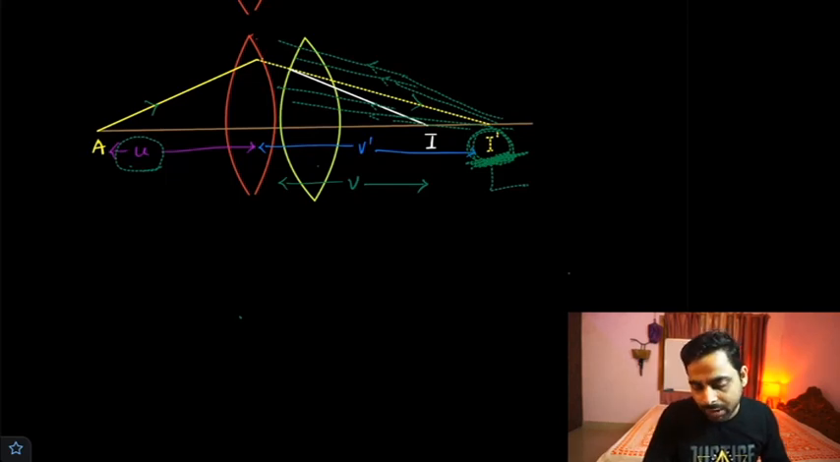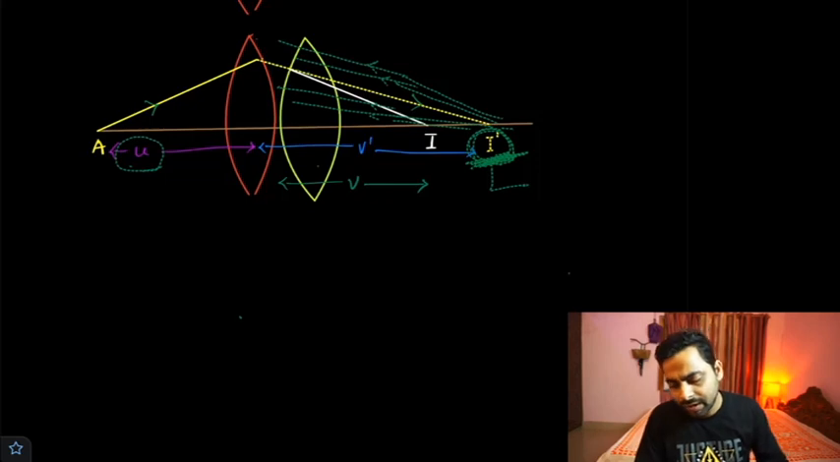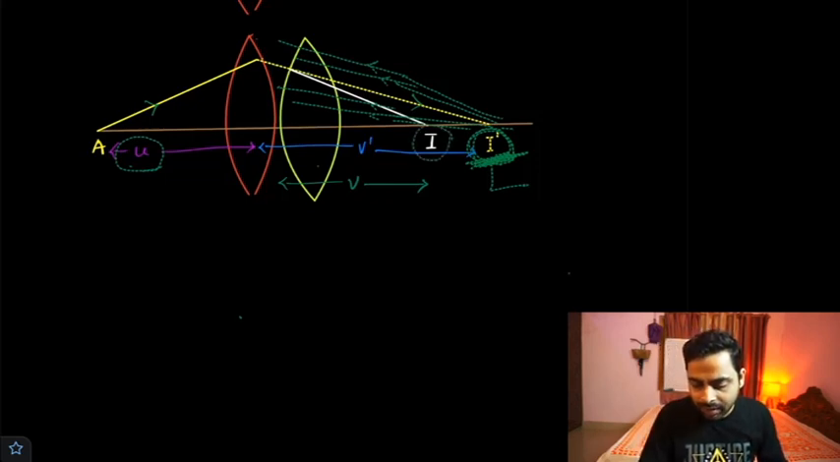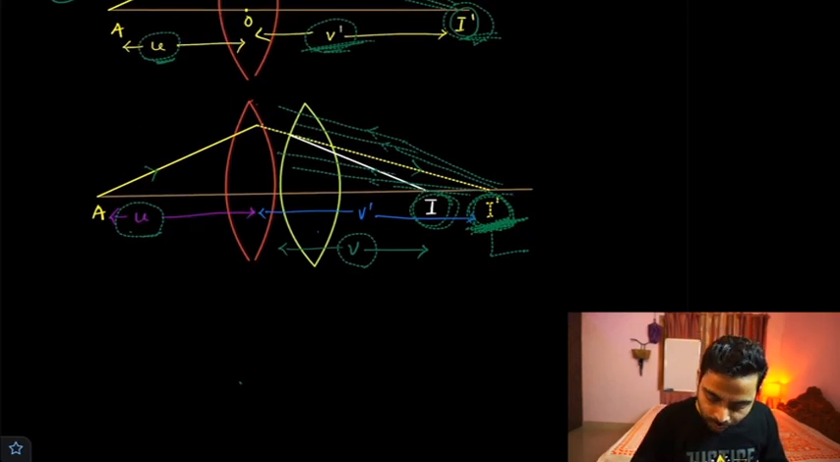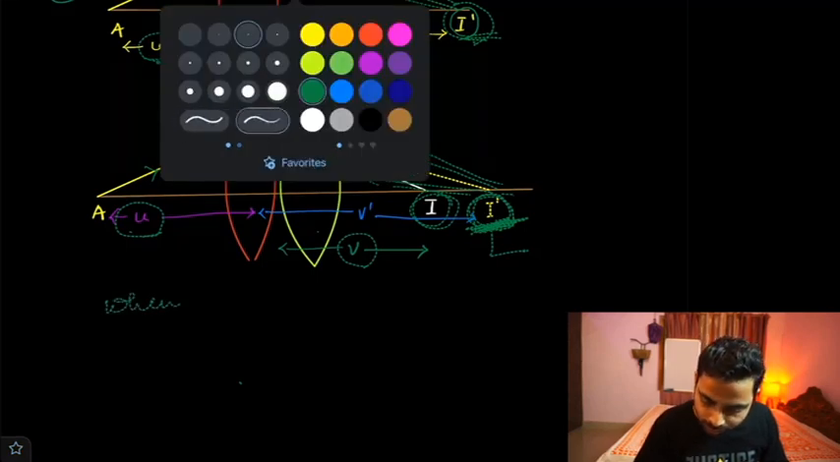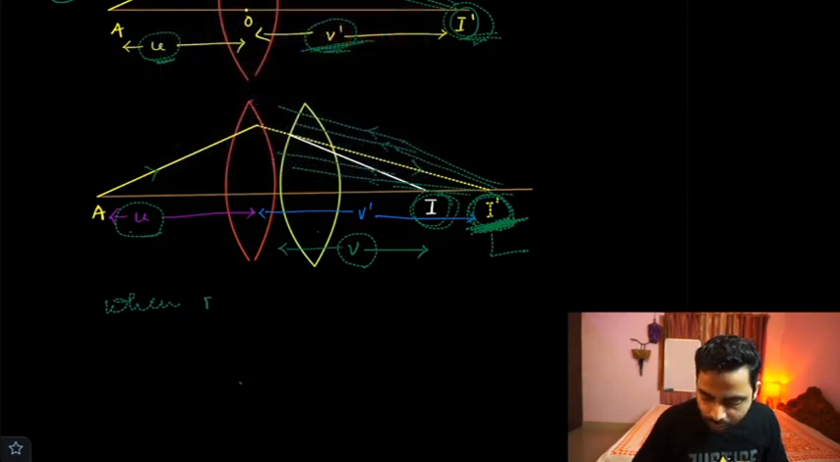The light will bend more due to the second lens, and finally I will get the image at place I. So the final image position will be V, right? So I can say when no second lens was there,